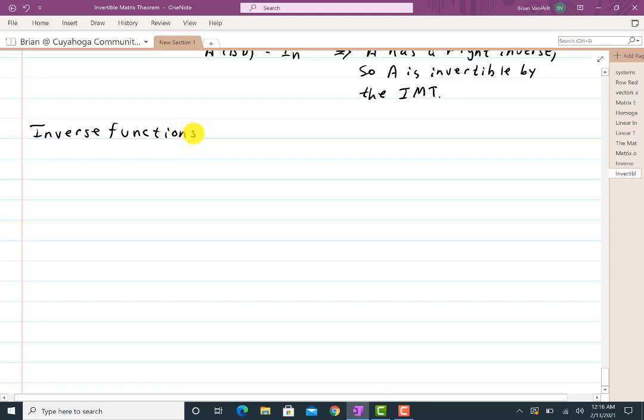Let me review something here a little bit. Do you remember that a function, let's just go and do the real numbers to remind you, a function f from R to R is invertible